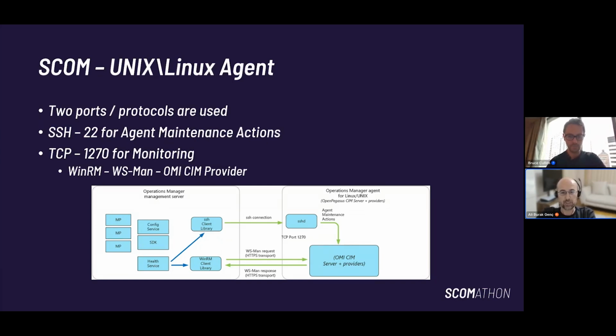So this is how the agent communicates and what ports are used. Basically, we have only 2 ports that should be open on the firewall side when you are monitoring with SCOM. Only SSH and 1270. This is the easiest part of managing Linux and Unix servers in SCOM.